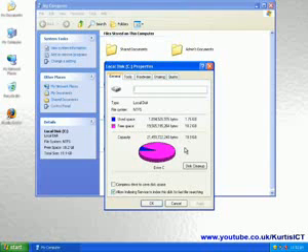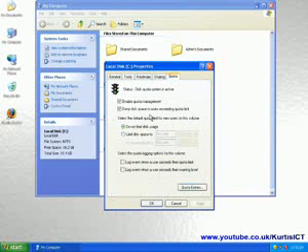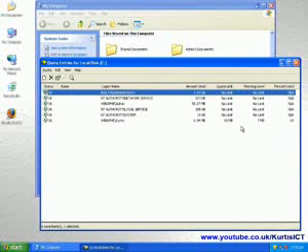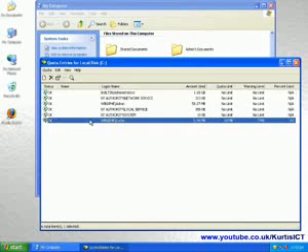So if you go back to quota, and then click on quota entries again, it probably says do not limit disk space here. That's just basically the default. Yeah, look, select the default quota limit for new users on this volume. You leave that on do not limit and just click quota entries. If you want to expand or shrink in size, double click on your user again, so WinXP HE /Curtis. So if you just double click that,